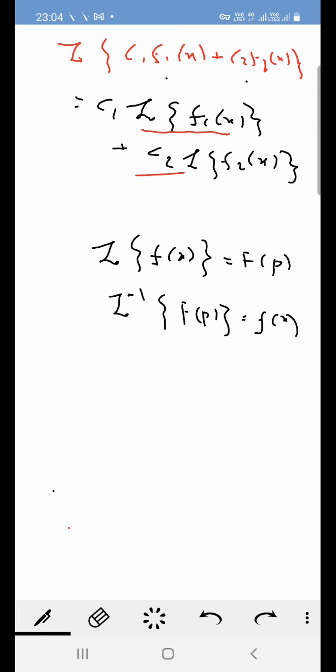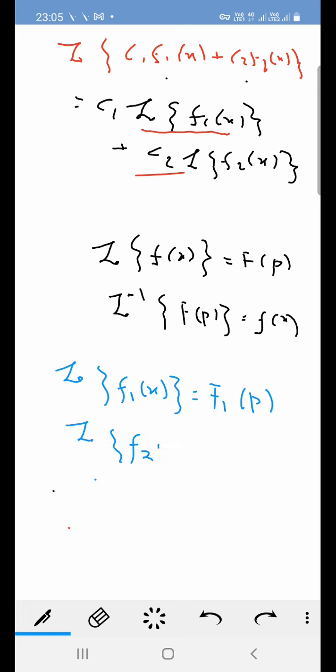So that means if the Laplace transform of f1(x) is equal to f1(p), and the Laplace transform of f2(x) is equal to f2(p). Then